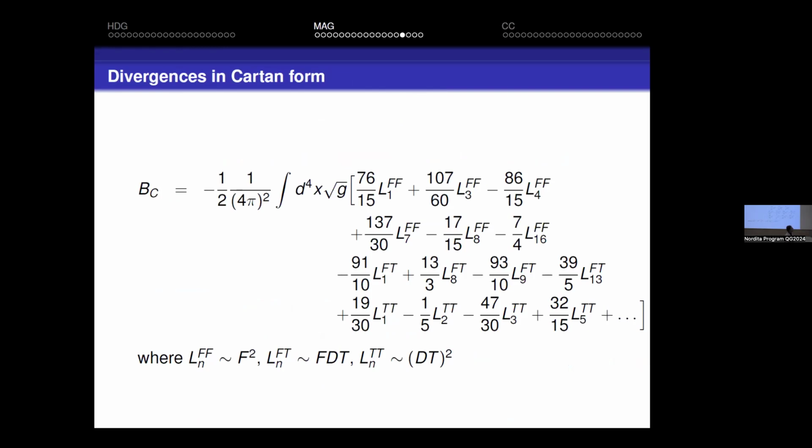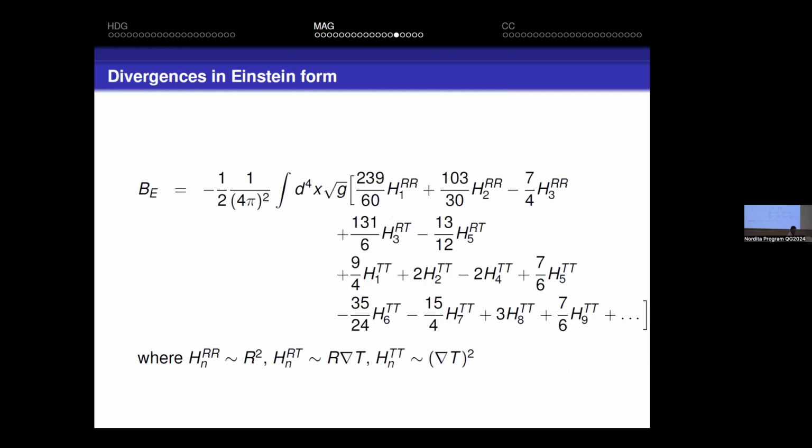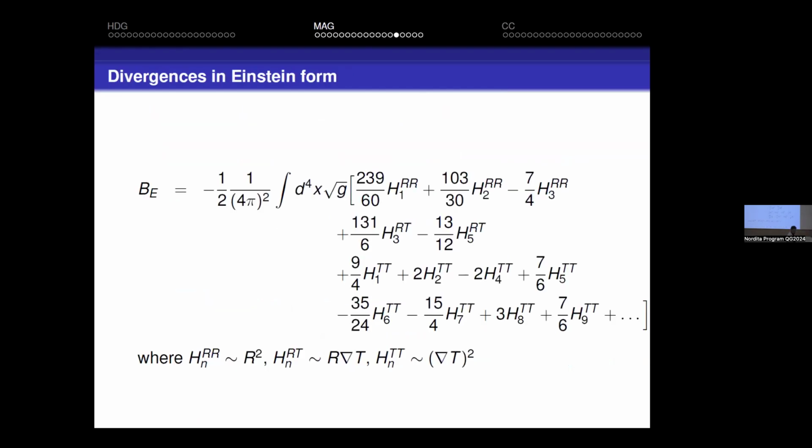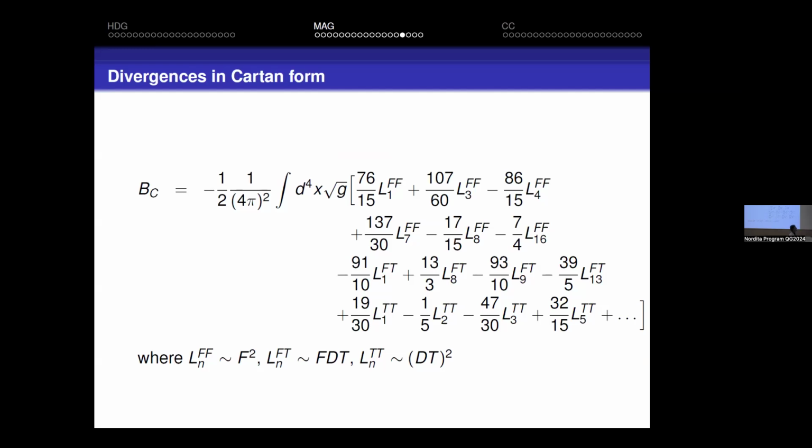Now, these LFF terms are quadratic in F. In particular, LFF1 is the term that we started with. LFF2 will have different contractions, basically. So you have these FF type terms. You start from this, and obviously you generate all the others. And then there are also FT terms that are proportional to FDT and the DT squared terms, and also terms cubic and quartic. There's a lot of stuff. So this is a sample calculation.